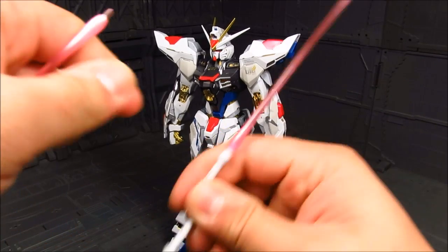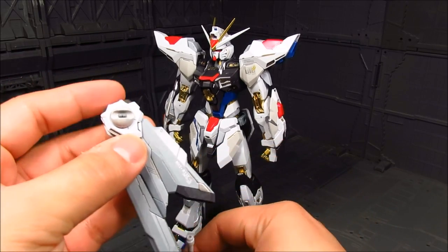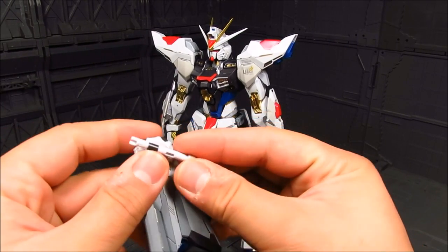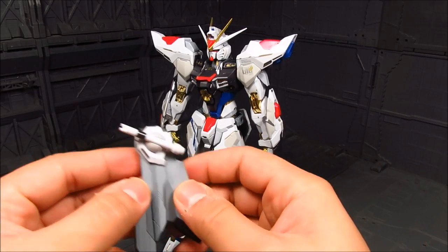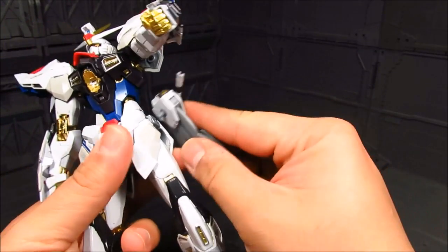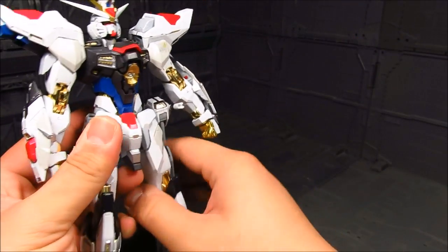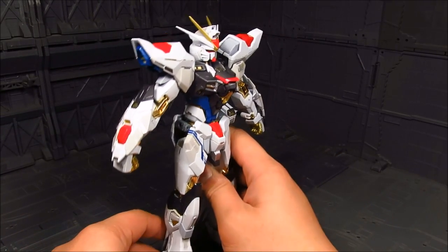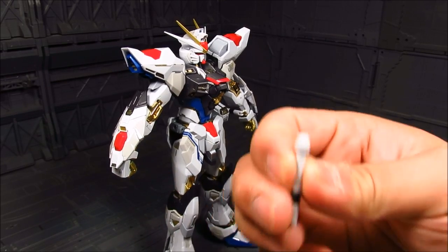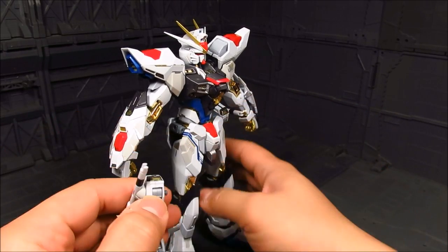Alright, so I'm gonna remove this effect parts, put it aside, and we have the side skirt right here. I believe it goes this way here, and we're just gonna attach this, one of them. There we go. Tab. So move this aside here, and we're just gonna press this in. There we go. Same thing on the other side. There we go, and